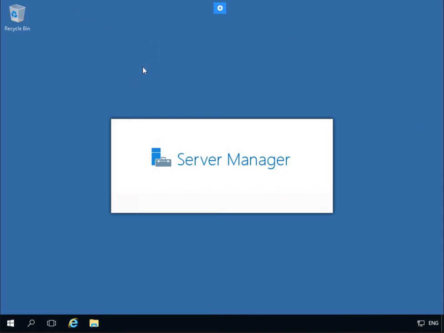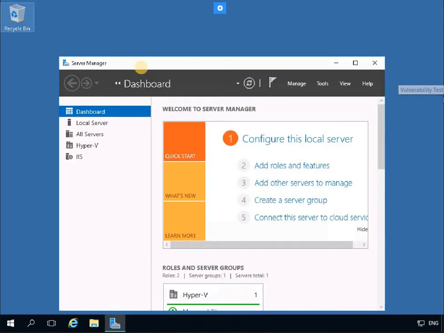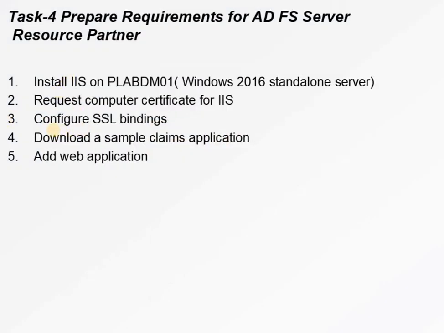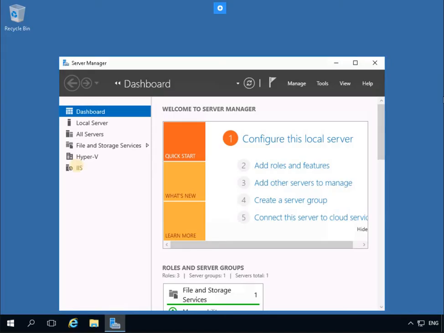Okay, now the restart is done successfully. So we have now successfully completed the first task, install IIS on Windows standalone server. Now we are going to do the second, request computer certificate for IIS. A trusted certificate authority was configured earlier on the domain controller. To ensure that the domain member server detects the trusted CA, you need to update the computer policy. So for that,